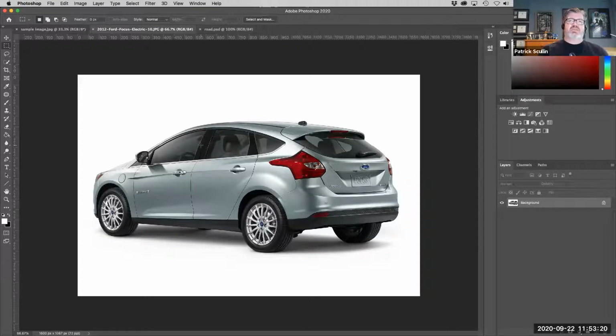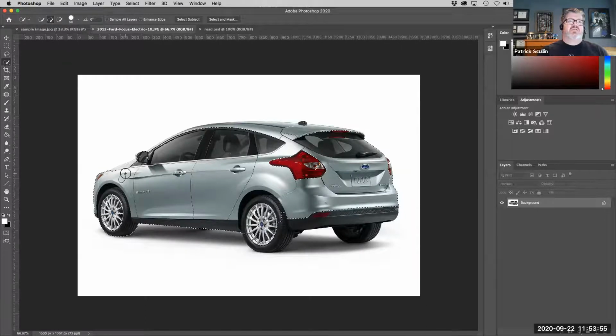So the first thing we need to do is basically take this picture and put it onto our road. And I've decided the simplest thing to do is just copy and paste it. To remove it from its background, it's on a white background, which should make it pretty easy for us. And then we're going to use blurs and stuff to make it blend with the background. So I think I'm going to start out by just using Quick Selection and doing a pass over the car to try to select it